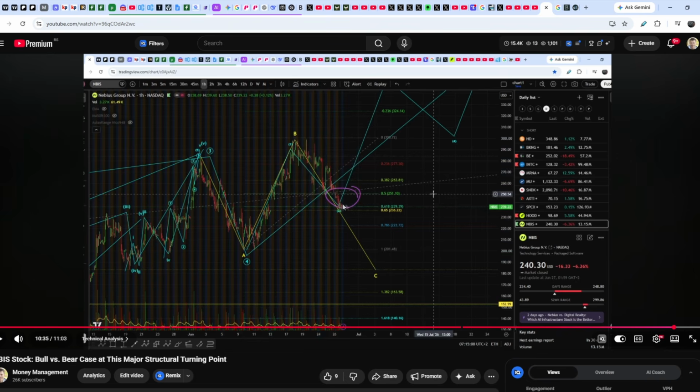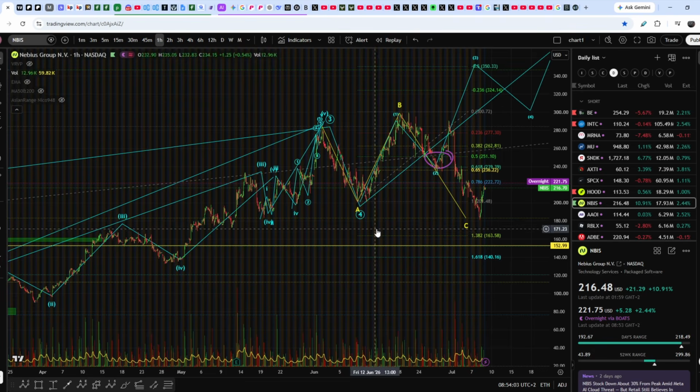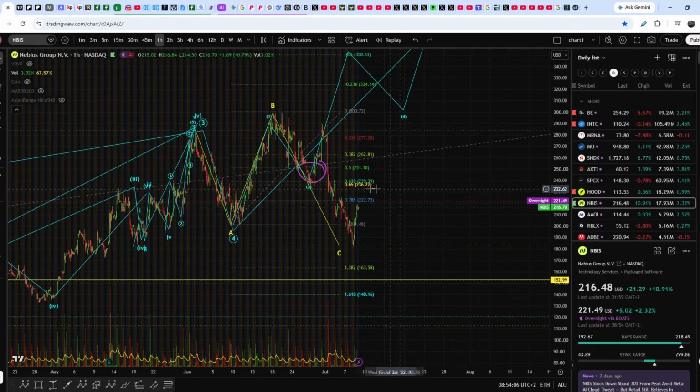But if from this point this asset goes lower, we might land somewhere around $180 mark. And guys, take a look right here. This is the actual price action of NBIS, and I made my previous video when this asset was at this point, and since I made it, this asset started to go to the upside, but it didn't retest this top, and eventually it went lower and hit exactly $182 mark, the bottom of the C wave that I projected in my video.